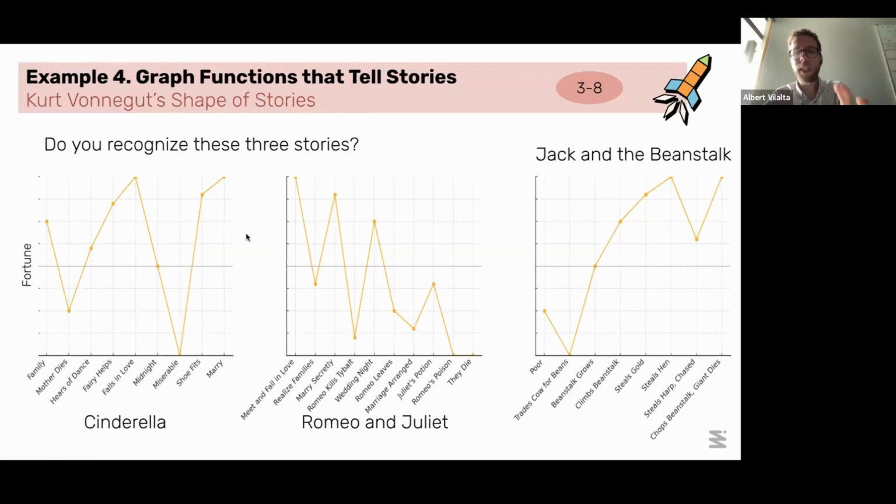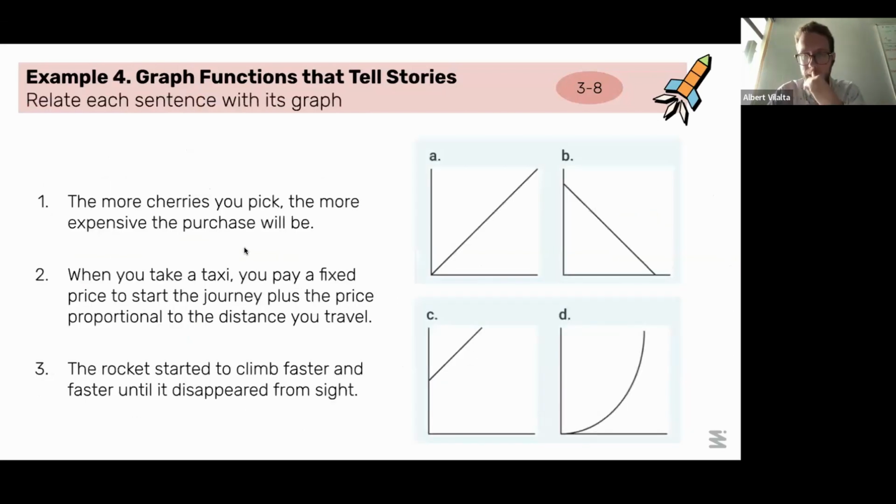Now, if you don't want to go to literature, but I think it's great, sometimes depending on the time you have, or depending on the background, this activity was possible because all of us knew the 3 stories. But if you're doing this in a classroom that is, let's say, 2nd grade, it's very hard that they know all these stories, all their background. So you can do these kinds of activities in which it's the same idea, but with the stories as